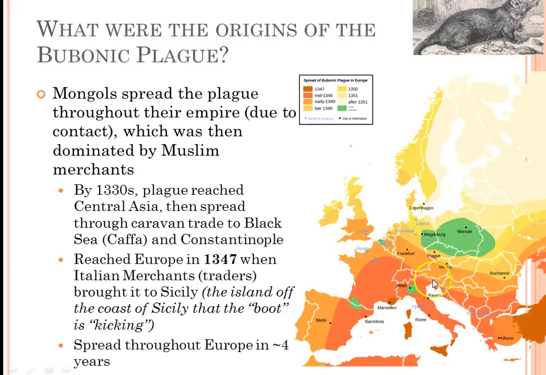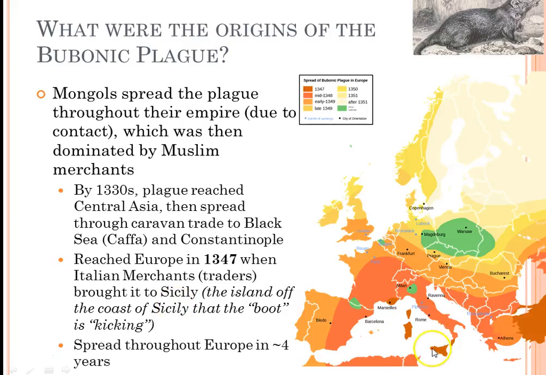So this band here is by 1348. Then this is like early 1349, and then 1350, 1351, all the way up into Norway and Sweden. The reason these regions up here are green is because nobody really lived here, so they didn't really get the plague. And they're very mountainous, so it wasn't a highly populated area.